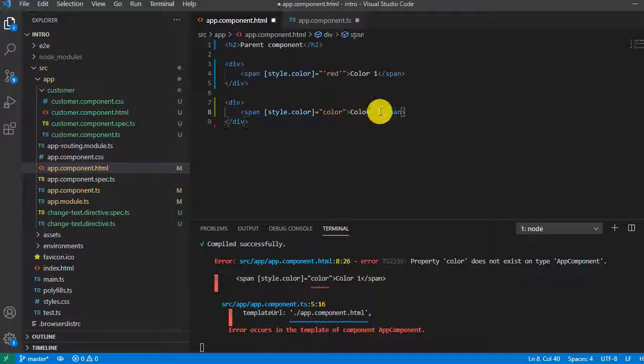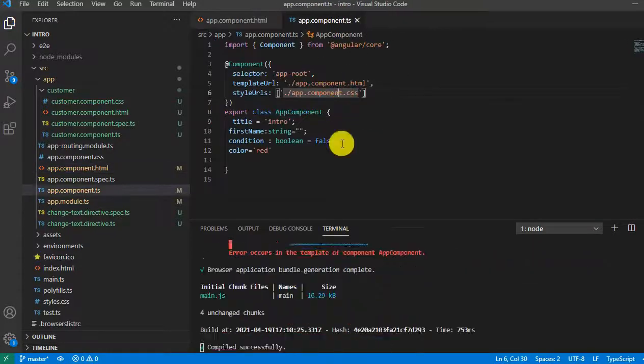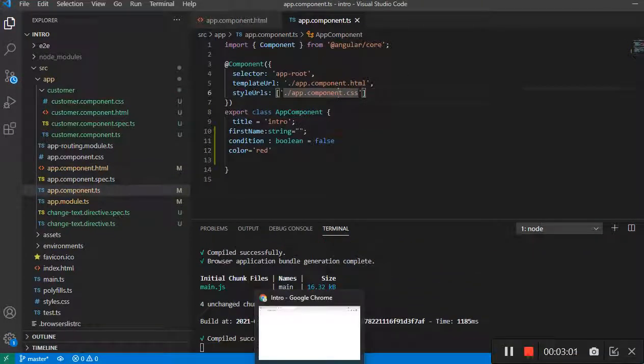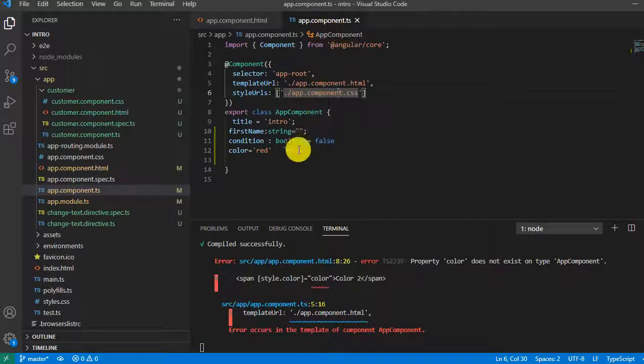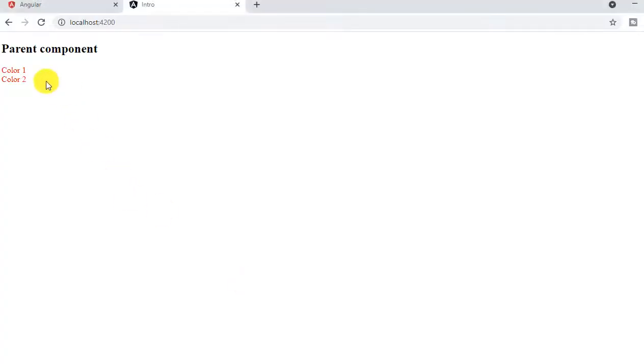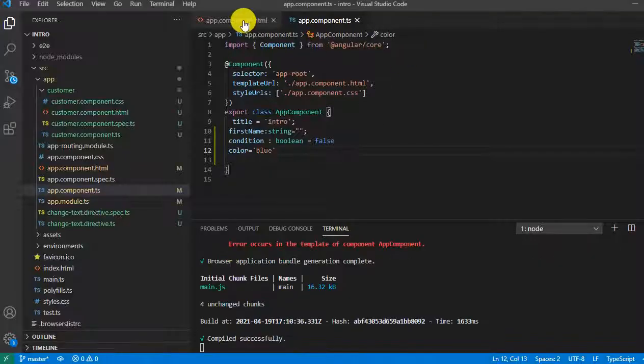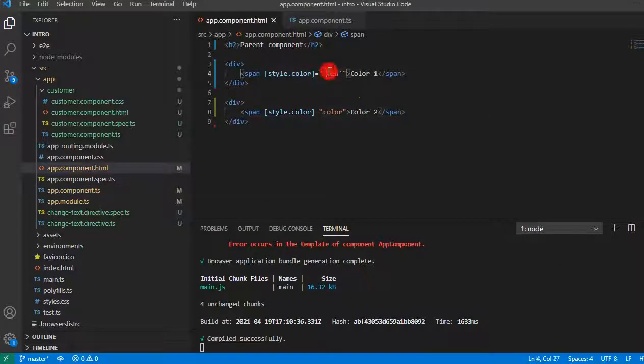I would say color 2, so that will not create any confusion. Yeah, see, right? Let me change to a different color, blue, and it will change to blue perfectly. So in this way you can define the color as inline, or we can also define it through one variable, right?